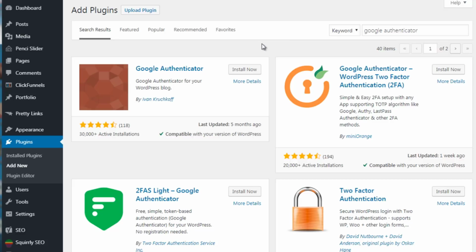So a lot of times, the reason why it's called two-factor is because you'll have to log in, number one, but once you've logged in, you'll have to use some sort of app. So this way, you really protect yourself from getting a brute force attack. A brute force attack is basically somebody trying to log in to your WordPress site, but in order to do that, they have to guess hundreds of times or even thousands of times what your